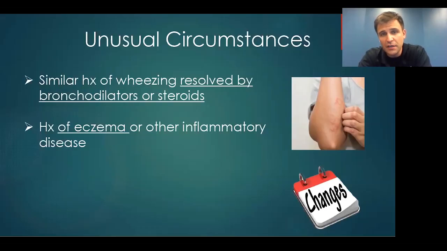So generally speaking, this would most likely be patients that are on the older end of the age criteria. So patients that are closer to 2 years of age and they've had a similar episode in the past and was treated with bronchodilators and steroids, and the patient had improved that time. This suggests that there's a greater probability of an asthma process in play here, as opposed to simple floppy airway